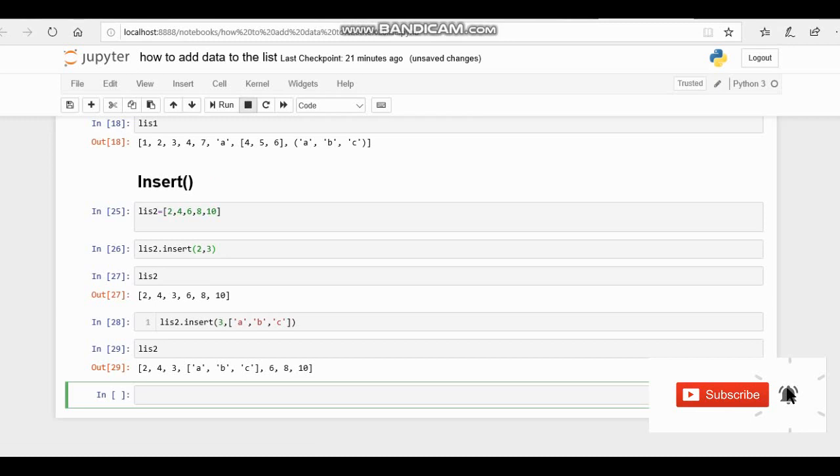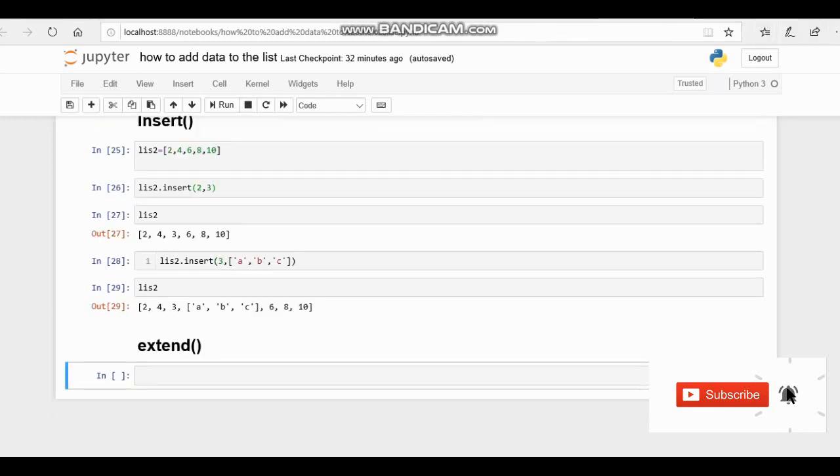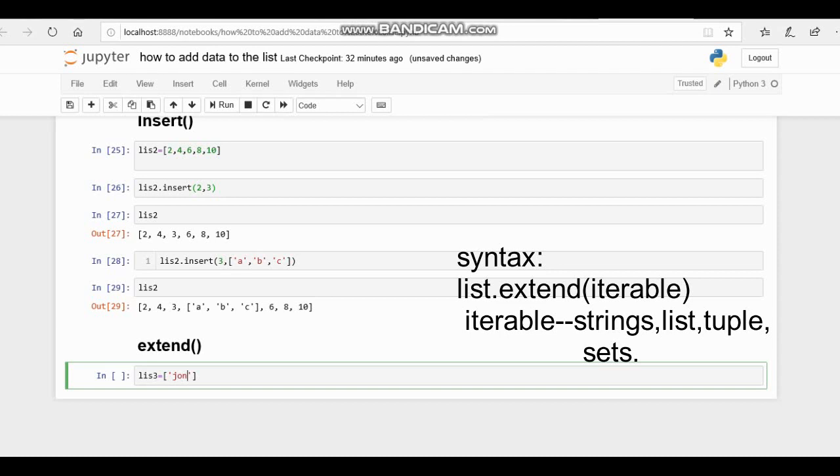Let's see another function now. Now let's see about the extend function. This function is very similar to the append function, but there are some constraints in the data that we are adding in the extend function. Let me give an example. List3 equal to John, Ron, Sam. I am running this code. Now I am going to add